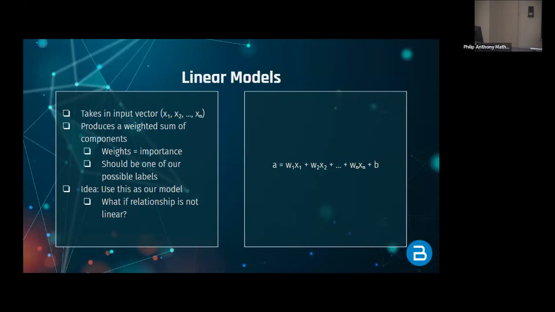Yeah, exactly. So it shows the relationship between two variables. Specifically, it's very easy to show the relationship between two variables, right? You just have a bunch of different input things. So in the case of diabetes, heart rate, blood type, stuff like that. You just throw it in, and based on how important each aspect is, so for example, blood pressure may be more important than someone's age when figuring out if they're diabetic, right? You would just weight them accordingly based on these weighting coefficients here, and you sum that all up with some sort of line, and you get some sort of linear model, some sort of output, right?